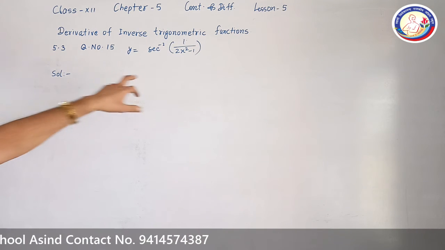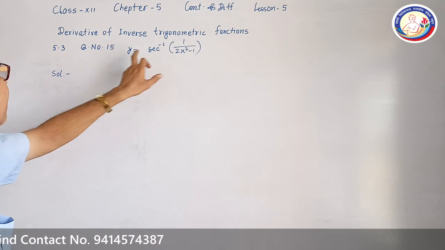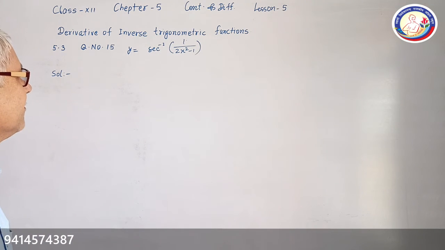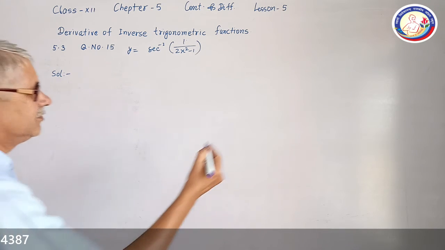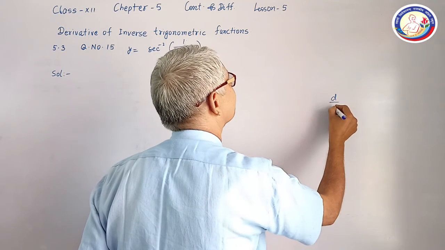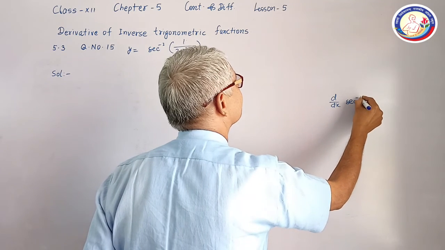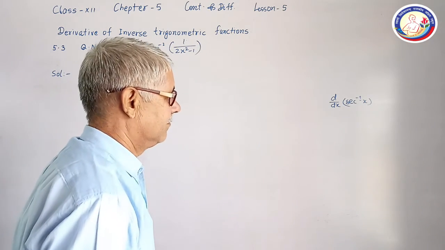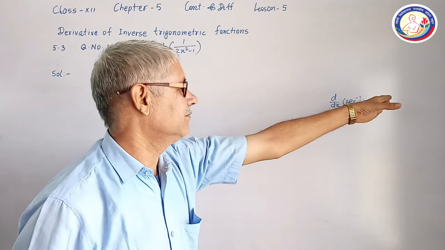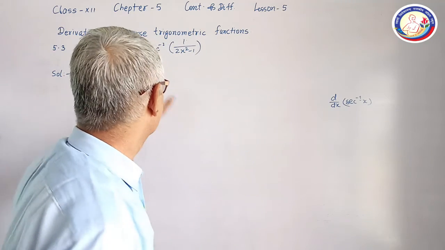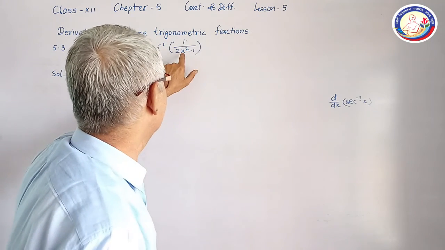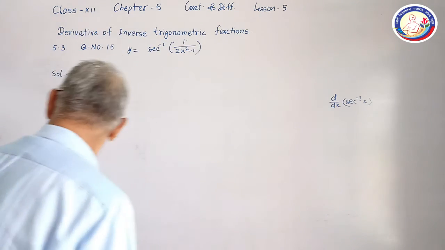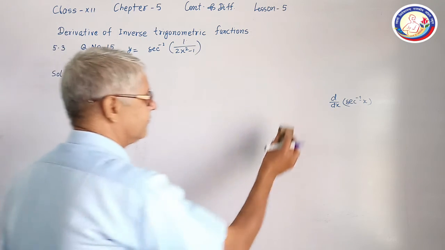Now take this example also. Question number 15 of our exercise. We can find derivative of this using derivative of sec inverse x. This formula: sec x tan x will be the answer. And then we can use trigonometrical relations and we can find this. Now, what about the alternate method? What will be the alternative?